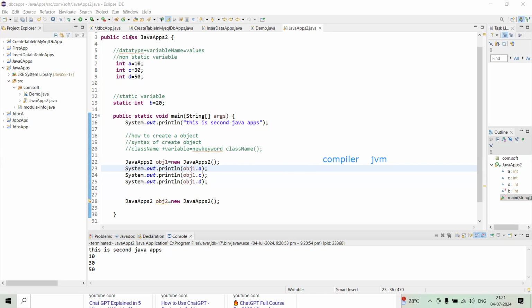The compiler comes in when I am typing the program. When I declare the public class Java apps 2, the compiler first checks it. The work of the compiler is checking for grammatical mistakes and